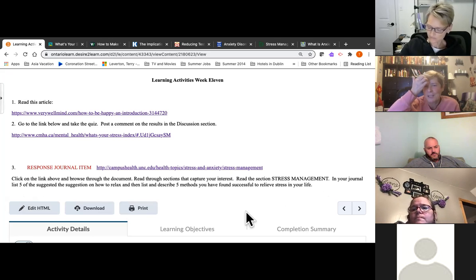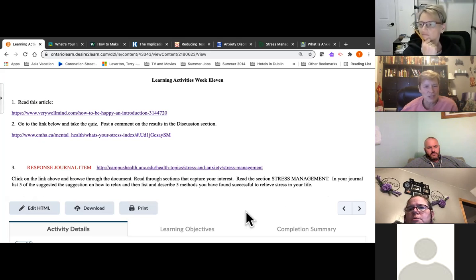I was reading this and I thought to myself, geez, I should probably do this myself, because I seem to be forgetting. I was with my daughter the last couple of days, because she's going on a trip to the States for work for a week and a half. And I could see myself getting anxious about it. She set herself such a hectic schedule. It's ridiculous. She's traveling all over the place, from Philadelphia and New Jersey, and then down to Texas and Louisiana, doing it all in a week and a half.